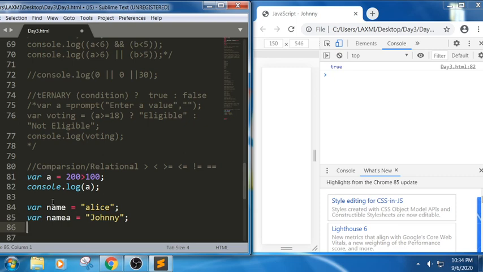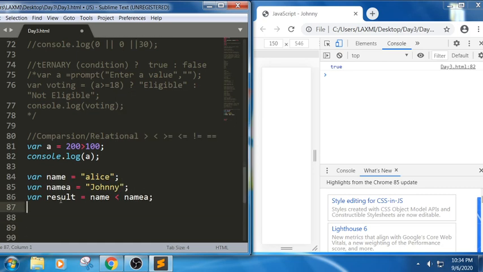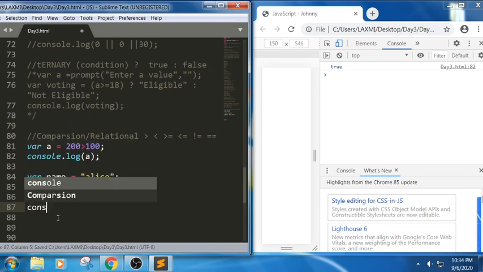We can call these strings, and we have assigned the values. Now I want to write variable result equals to comparing name less than name2, and console.log result.